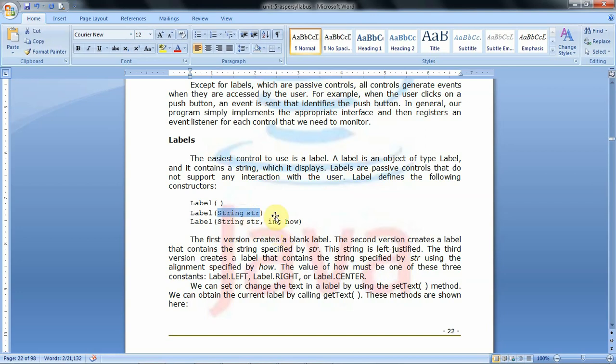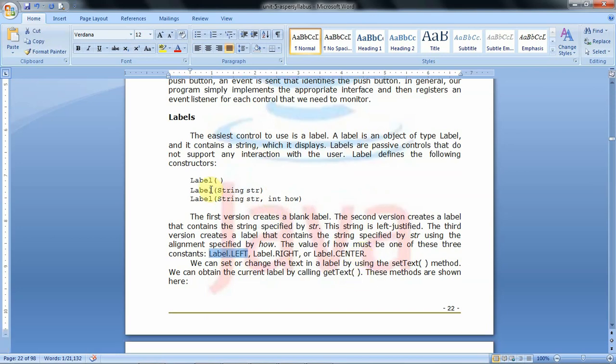Suppose you want to mention the justification explicitly, we need to give the second parameter. That justification is either left, right or center. So these are the three constructors we have to create label objects.